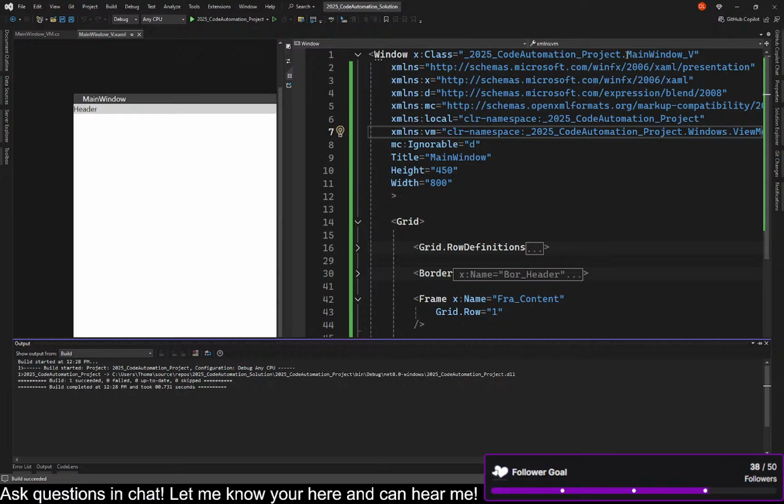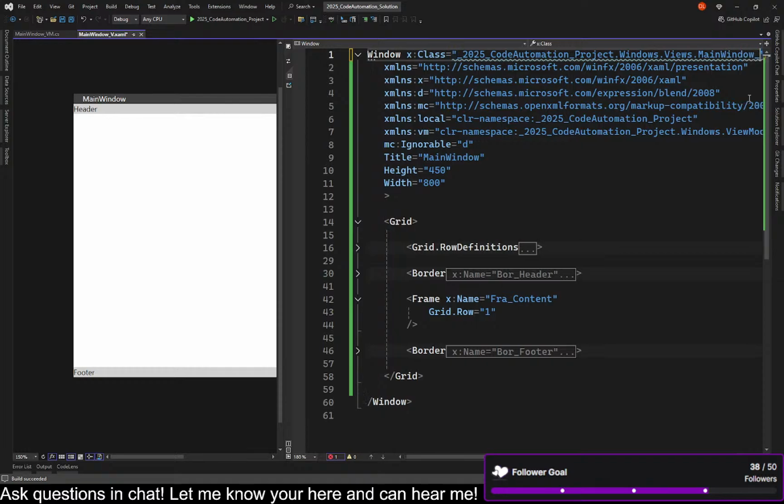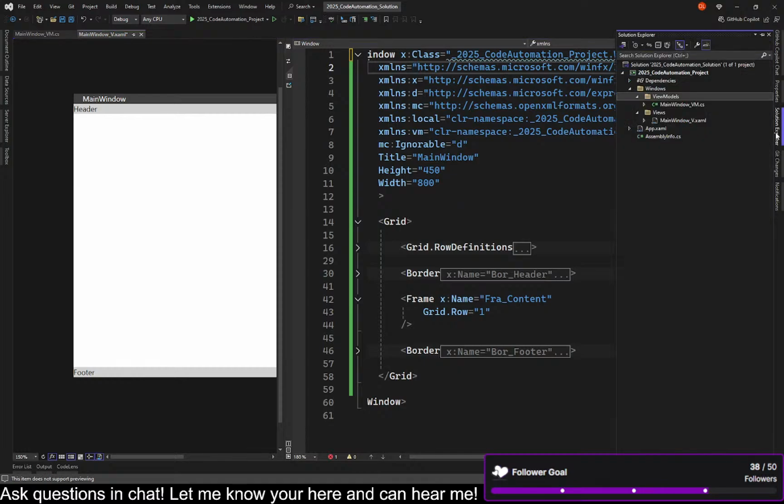So I think it's because the class is automationproject.mainWindowView, and not automationproject.windows.views.mainWindowView. Okay. And so we'll go into our Solution Explorer, we'll go into our main window,